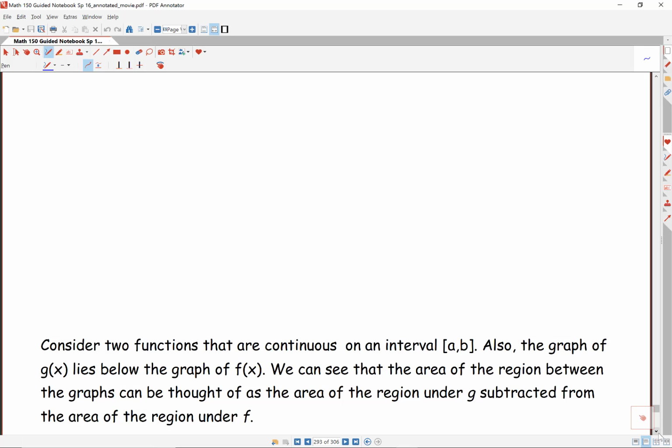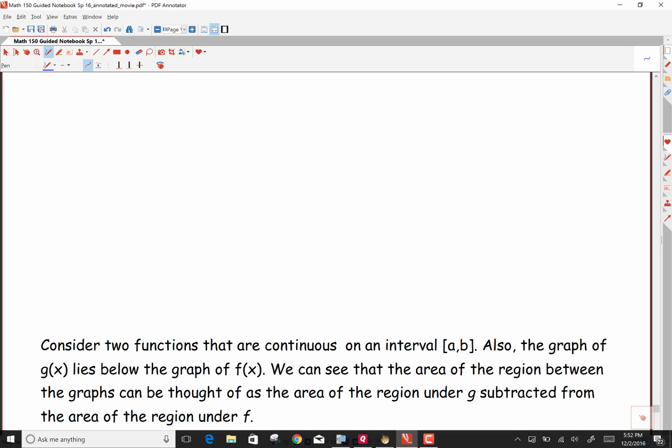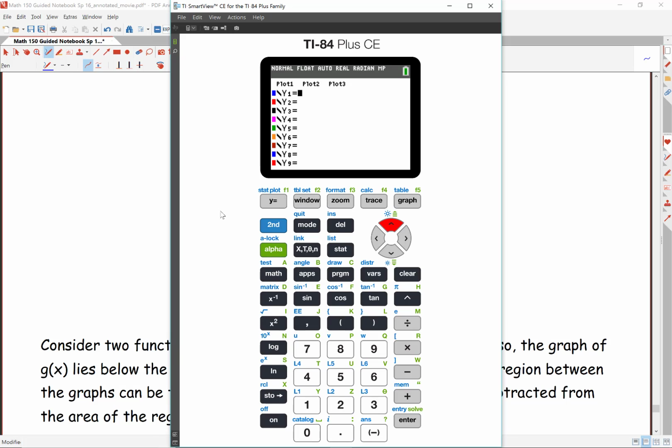Let's go ahead and make the graph of two intersecting curves. There are a few different things going on, and you just have to be real careful that you know exactly what you're looking at. So if we go to our calculator, suppose we had something like, I don't know, maybe 8